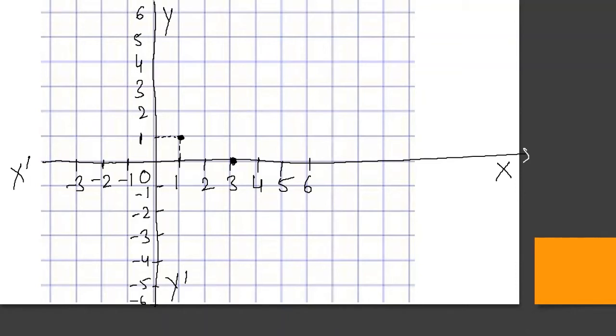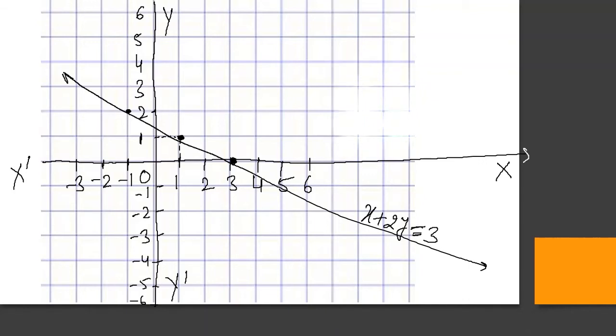And the next point is minus 1 and 2. So this minus 1 here and 2 on the y-axis. So here minus 1 and 2. What we are finding? We are finding the points are already coming in a straight line. Okay, so this line is representing the equation x plus 2y equal to 3. That means the geometrical interpretation of this equation is this line only.